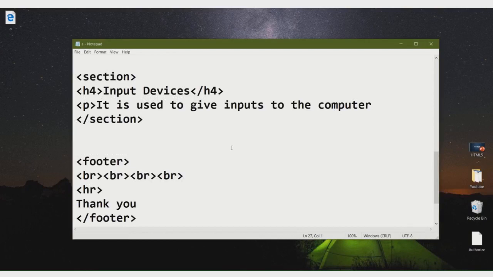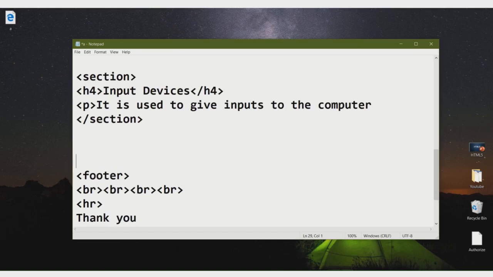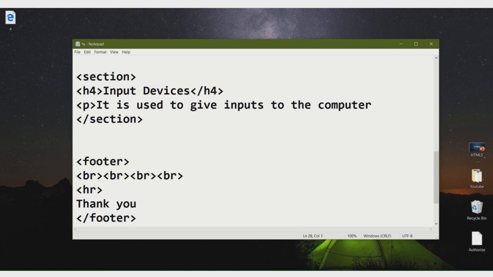then nav, again this is the next tag, nav, within angular brackets, this tag.